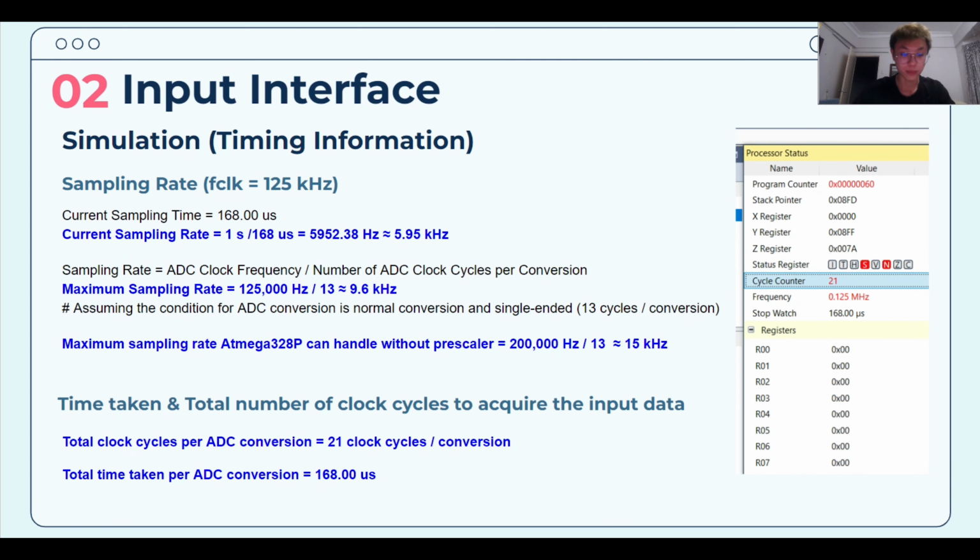So we also obtain some information about the total clock cycle per ADC conversion, which is 21 clocks per